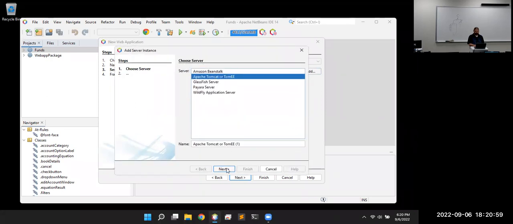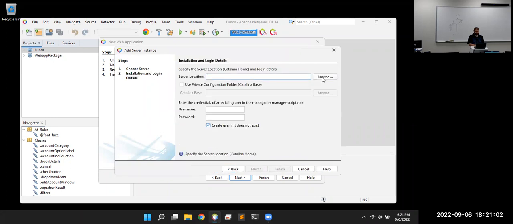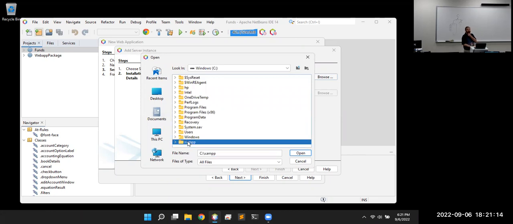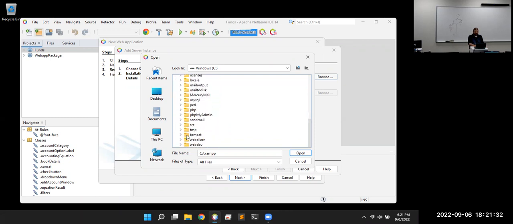Tell NetBeans you're looking for Tomcat and browse to the location, which should be in your XAMPP install. So the default would be right at the top of the C drive. If anybody's on a Linux system and you use the default, it's in the opt drive, OPT, top level drive, but should be fairly easy to find. And when you go in there, there's a folder called Tomcat, and you want to select the folder that you can see bin inside,